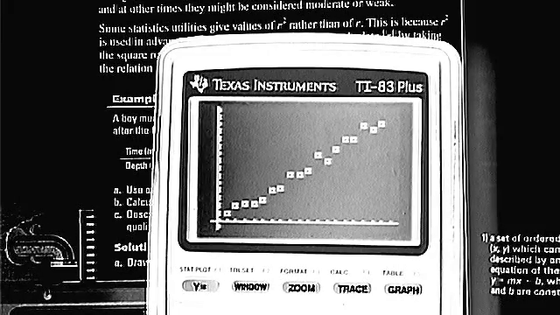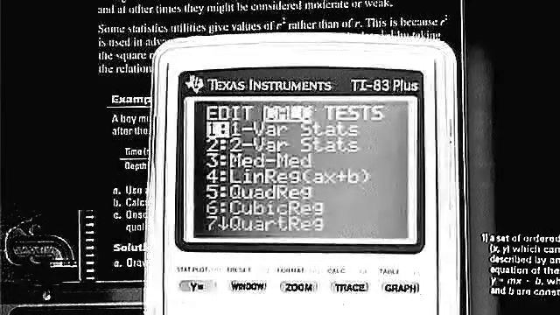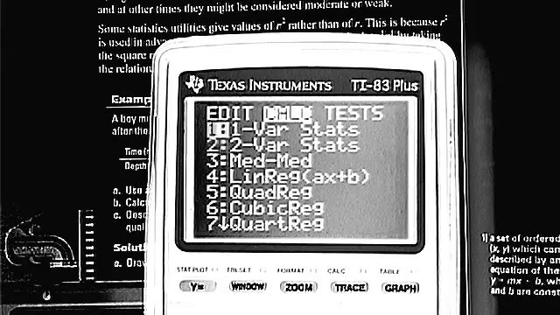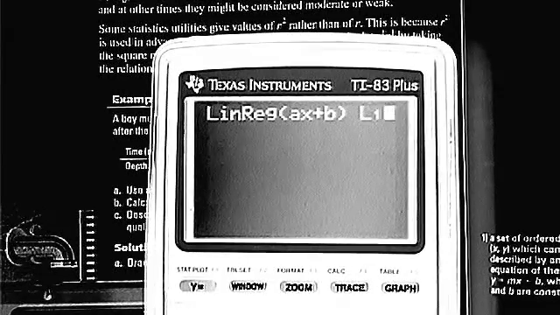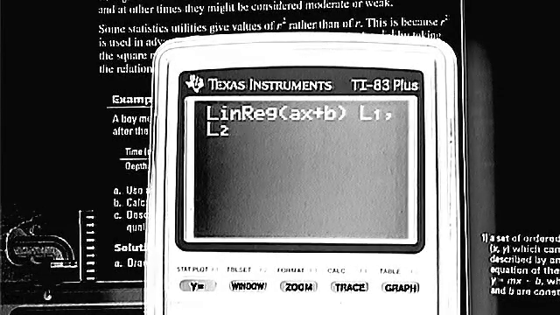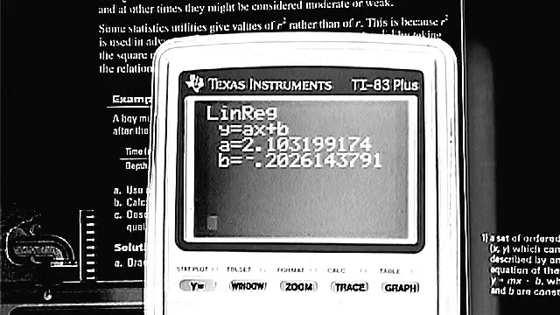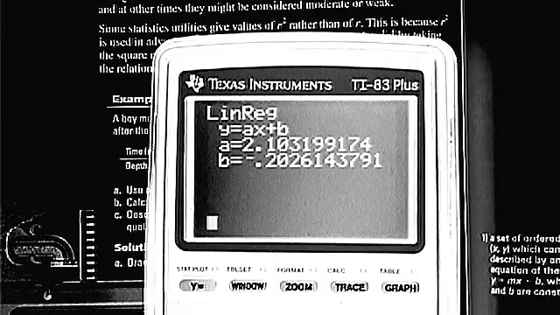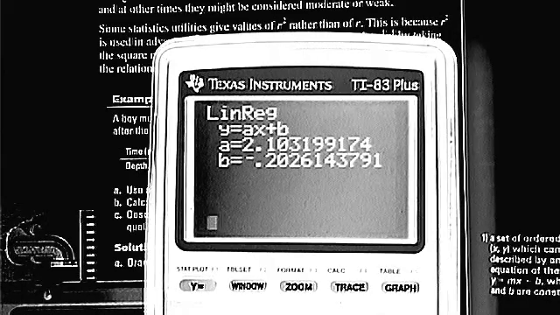Okay, now we're going to use the linear regression feature of our calculator because they asked us to do that. So we want to hit the stat button, go to the calculate feature at the top, and then the fourth one in our list, linear regression. Tell it which lists you want, separated by a comma, list 1, comma, list 2. Oh, it did not give me the correlation coefficient just like I wanted it to. So it did give me the slope of the line and the y-intercept, but I would really like it